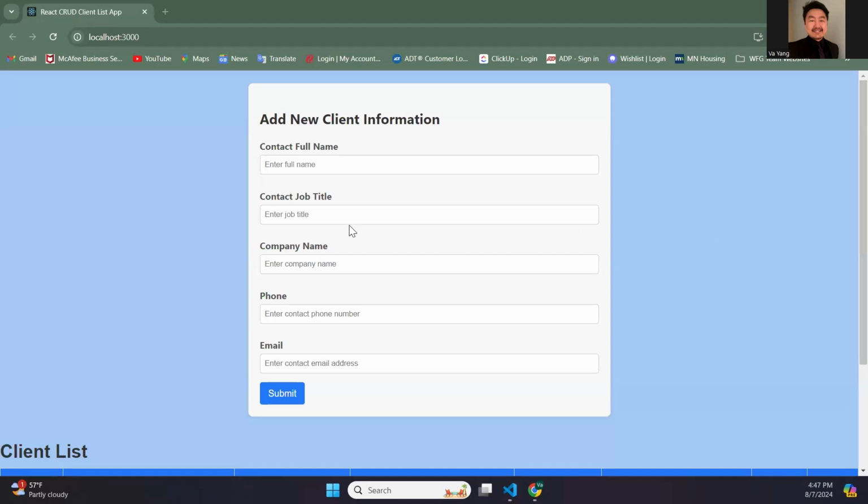So first off, I'm going to go over my web page layout for my React CRUD client list app. On the top here is pretty much the name, the job title, company name, phone number, and email. And so once you enter this information through, for example, I'm going to have Homer Simpson as one of